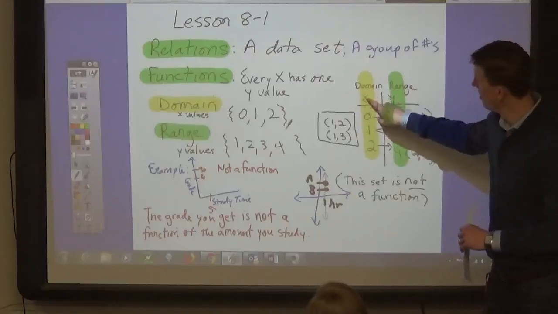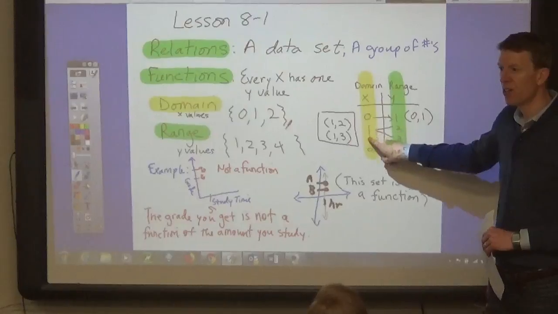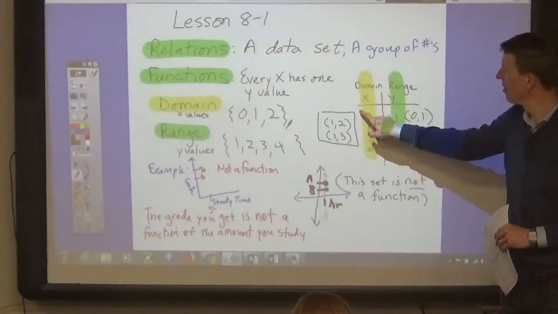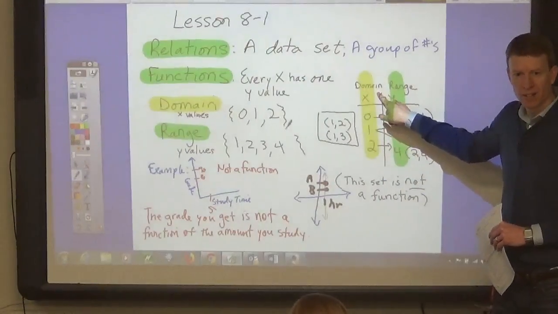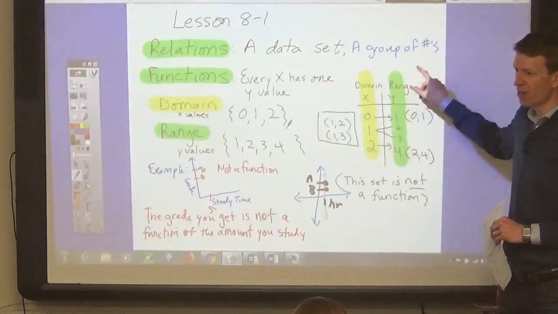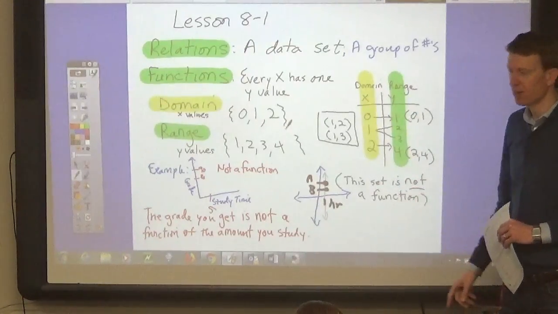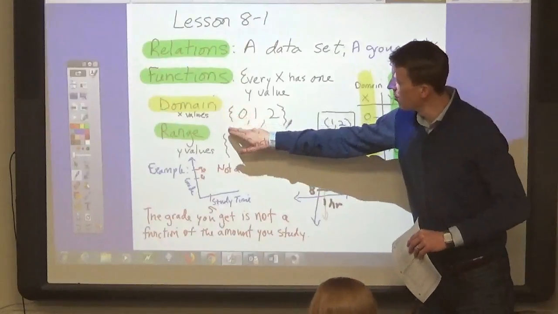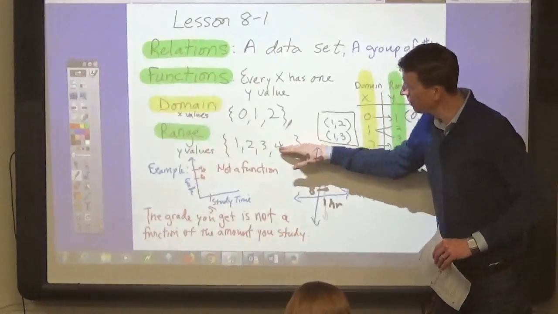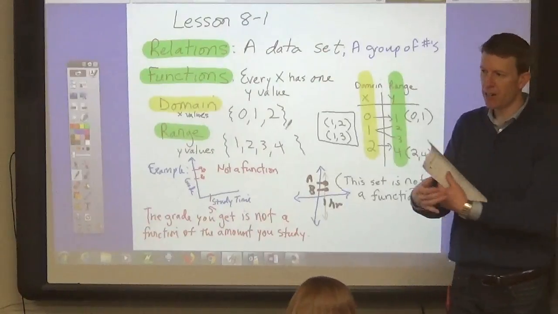Okay, it's the numbers under the x, okay? It's the numbers under the x are the domain of the relation, okay? What is the range of the relation, Maya? The numbers under the y, okay? Sometimes the domain numbers are written all together. The range numbers are written all together in these brackets. So when you're given a set like on your worksheet,